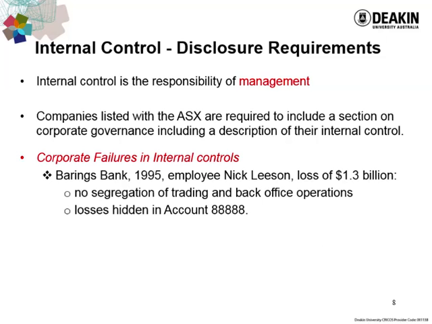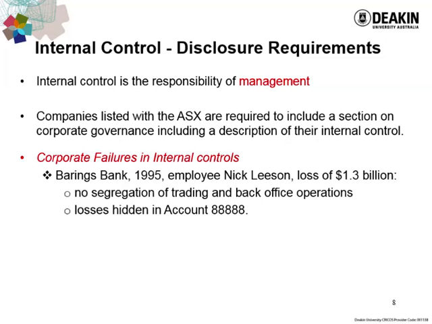For example, Barings Bank, the United Kingdom's oldest merchant bank, lost $1.3 billion and collapsed in 1995. Why? Because one of the employees, Nick Leeson, who was a former derivatives broker, engaged in unauthorized speculative trading. There was no segregation of trading and back office operations. So no one actually approved or verified the speculative trading. And all the losses were hidden in an account which is termed as